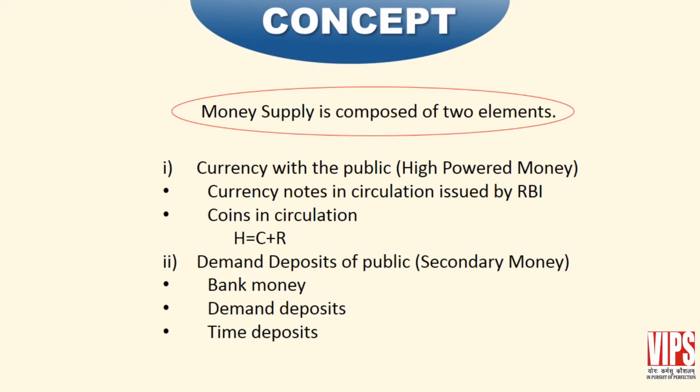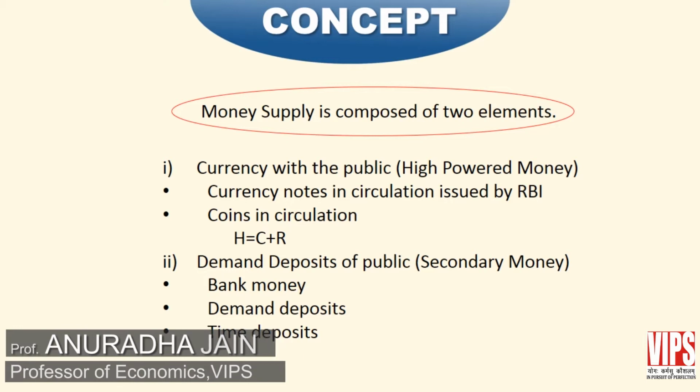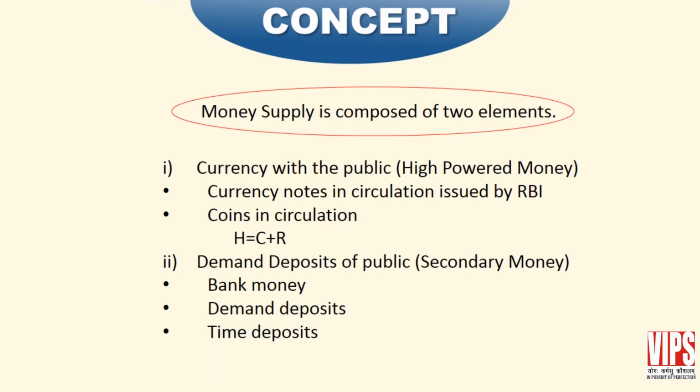We all know that the central bank of the country, the Reserve Bank of India in India, is the main source of money supply. The money supplied by the central bank is known as high-powered money. However, the central bank is not the only source of money supply used as a medium of exchange. The second major source of money supply is the banking system in the country. We all know that banks create money supply in the process of borrowing and lending transactions with the public. So money created by commercial banks is known as credit money or secondary money.